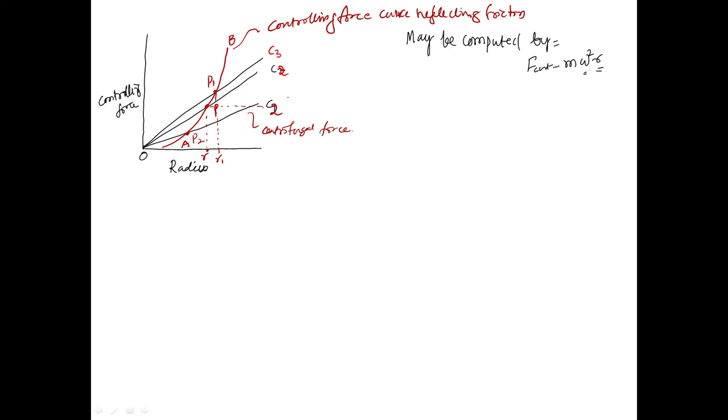Let us go for 2 here. That means this is more clear, otherwise you will get confused. This is C, P2. Then what happens here? The radius is automatically going to drop down, resulting in the lowering of the sleeve and opening the throttle valve further. So this will increase the speed. This type of governor is said to be stable.